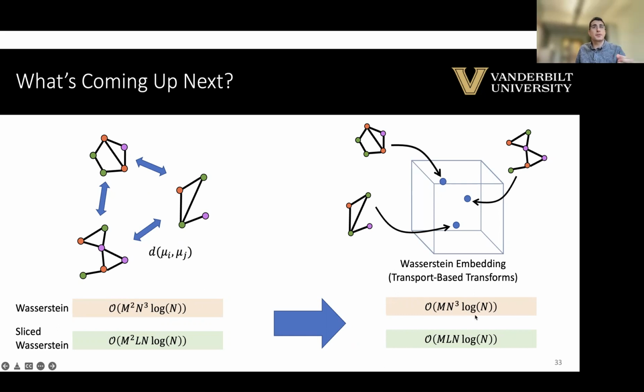And then in the last part of the talk, which is part 4, we are going to use the sliced Wasserstein embedding. And there we are going to get m L n log n, which is the best we can do